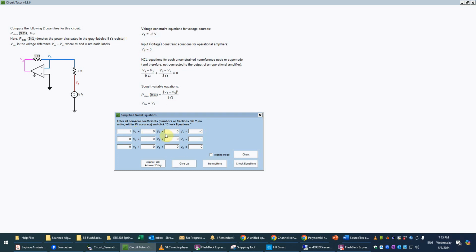The others not being involved, so those have 0 coefficients. The second one just says V3 equals 0. So we have to, of course, put a 1 in front of the V3 so that that's a meaningful equation. And then this will just be 0, the default. And then the third